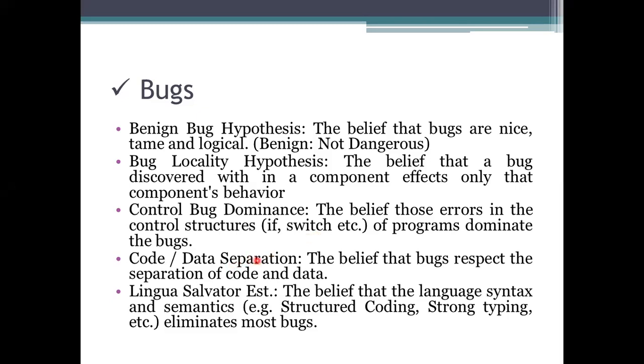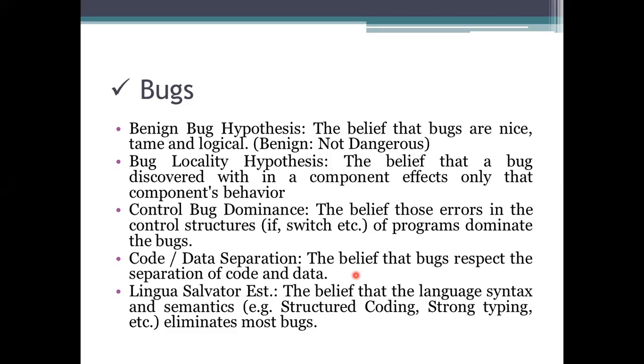And the next, code and data separation. Here we are maintaining the code and data separation, and the thread concept is also there. We are providing the code as a separate one, and we are maintaining the data itself for processing. The code will be used by different threads, but the data part you are mentioning will be different here.